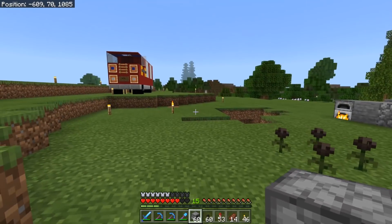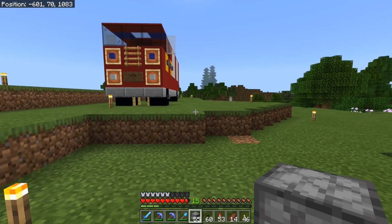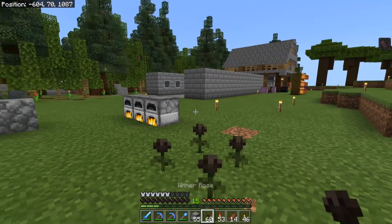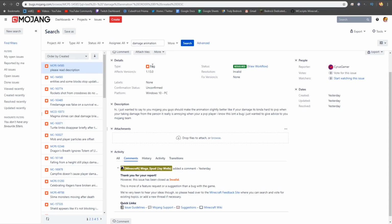Maybe we should take damage from other sources as well. So piling up on our furnaces, let's jump off there and see. Yeah, it jerks a lot to the side, but I'm pretty sure that's relatively normal. That's how it should be, is it not? Is it more than normal? Maybe. I don't know. There is a bug report for this on the particular version, and it has been marked